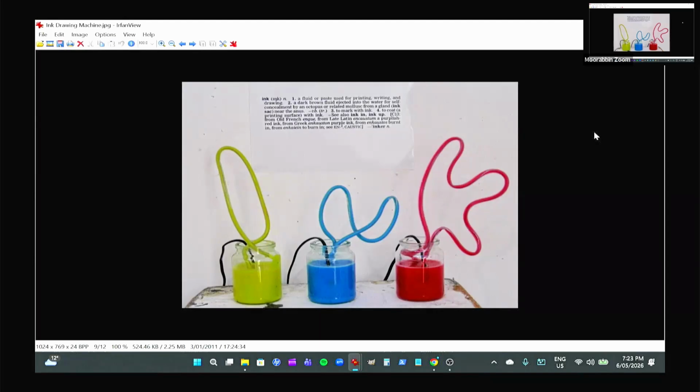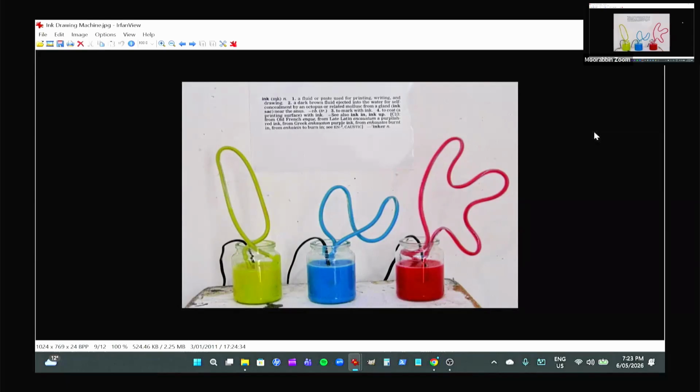But here's me experimenting with conceptual art, and one of the things about conceptual art is that often the explanation or the concept is more important than the actual thing itself, which is maybe a criticism you could level at it. But here I have literal ink being pumped through a